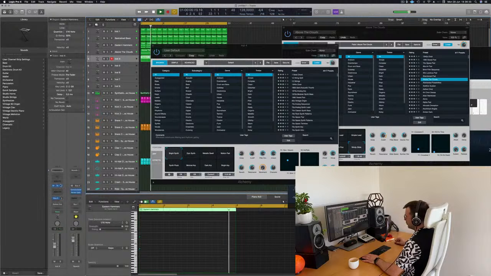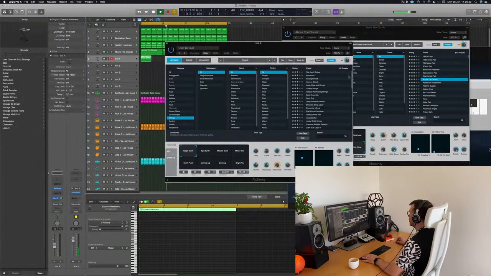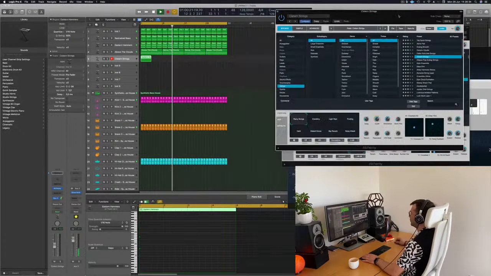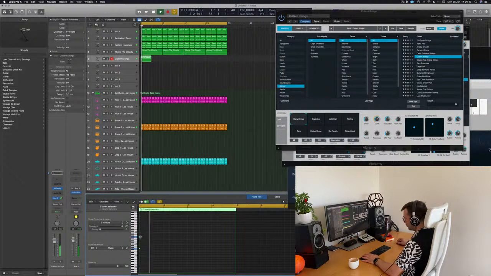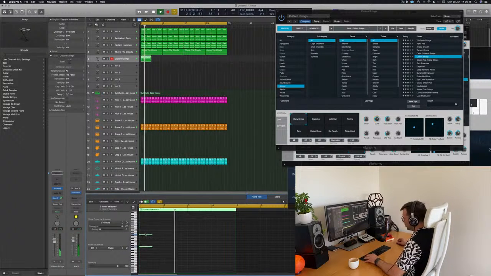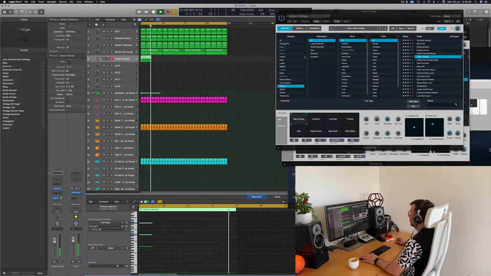Oh, this is not the reverb I'm looking for. Okay, this is my sub reverb here. I'm gonna go into strings. Wow, so cool. My strings are not quite big enough.